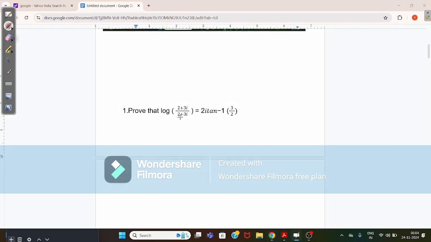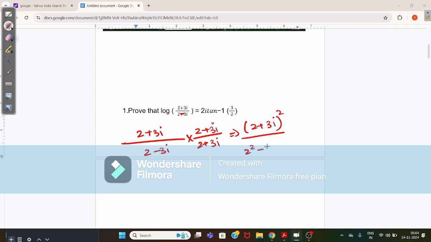First one, prove that log of (2 plus 3i) by (2 minus 3i) is equal to 2i tan inverse 3 by 2. Okay, now take (2 plus 3i) by (2 minus 3i). Multiply with the complex conjugate, (2 plus 3i) by (2 plus 3i), which gives (2 plus 3i) whole square by 2 square minus